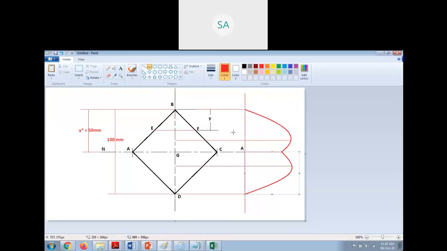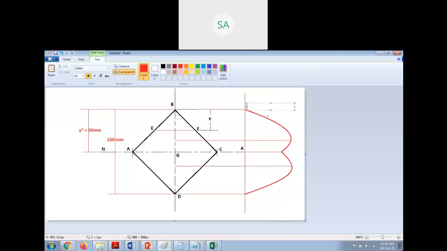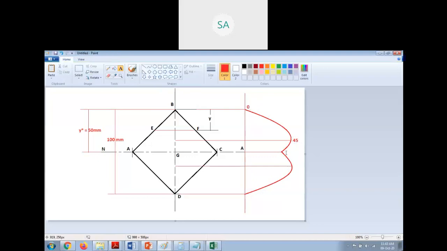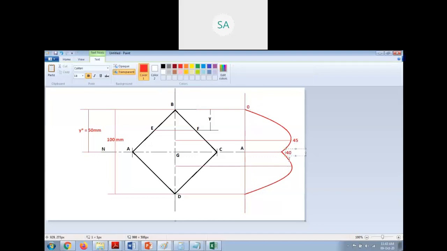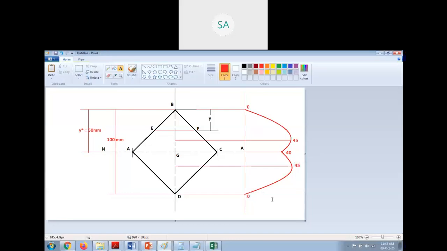Right, so this is the shear stress distribution. You just write the value 0, this is 45, here it is 40, again 45, and this is 0. Right, so this is the solution to the given